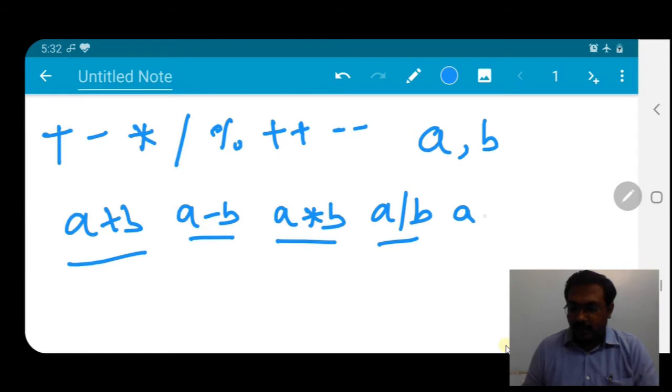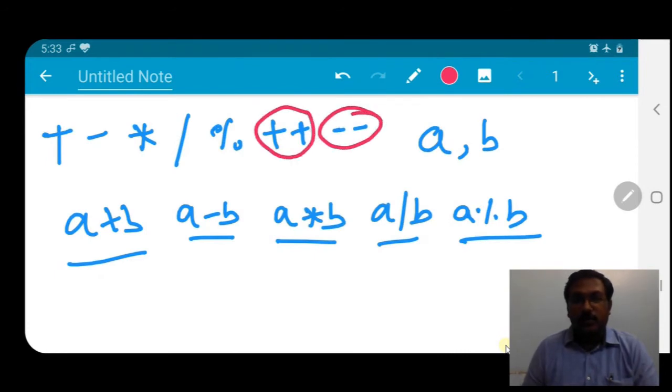We can write a ampersand b, yes, it is also. Fine. But the special operators like plus plus and minus minus only work on a single operand. We cannot write a plus plus b.